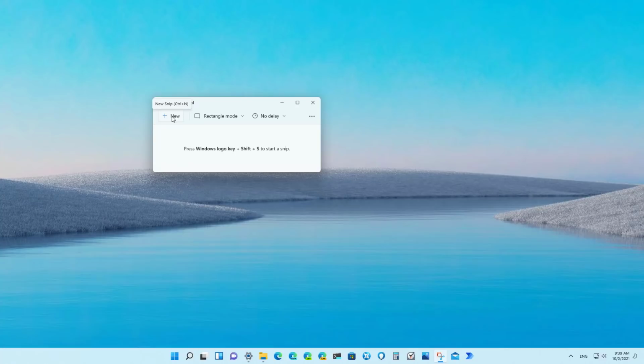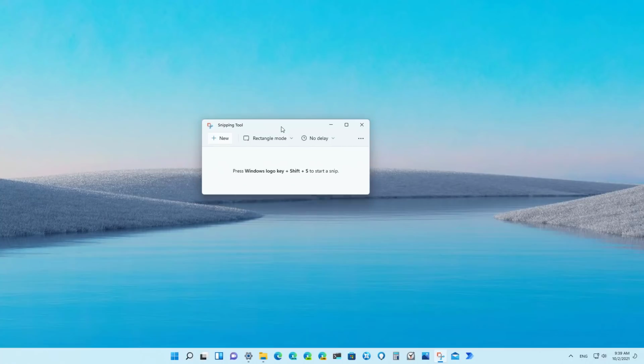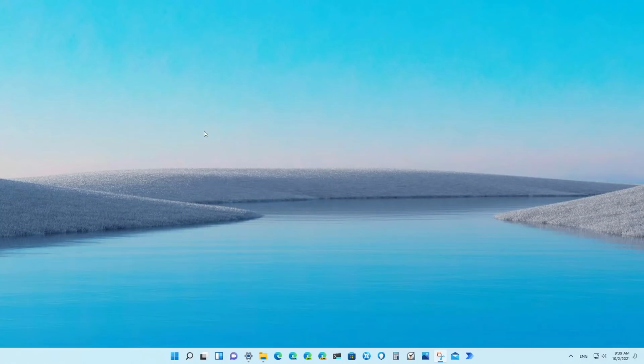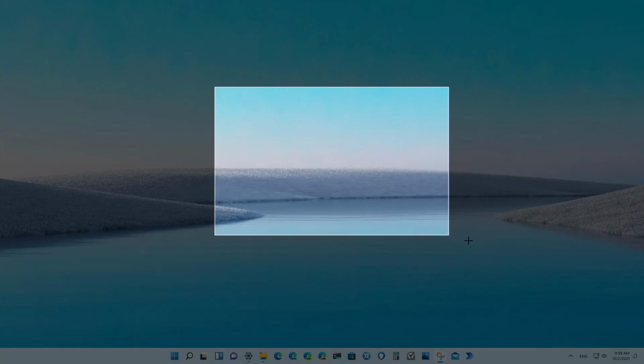Also, the app brings the best features available in a snip and sketch. For example, when you open the app, you will get the same familiar design, but with Windows 11 elements, like the semi-transparent material, rounded corners, and the new iconography. When you take a screenshot,